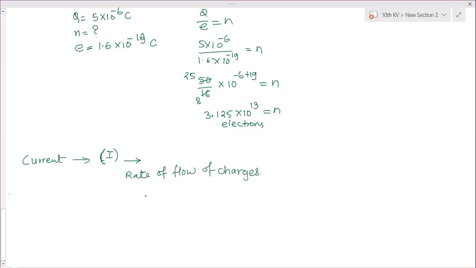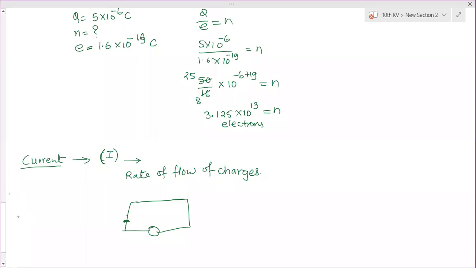So when it is calculated from one point, if it is a conductor like this, it is flowing from this end to this end. Here is a source. Through the source, the electrons are moving. At that time, from this particular position, how many electrons are crossing? The total charge is crossing this. We are not concerned with the number of electrons, we are concerned about the quantity they carried, that is the charges. So how much charge is carried per second, that measurement is called current.